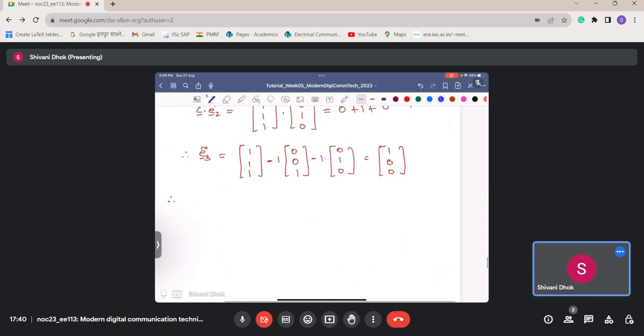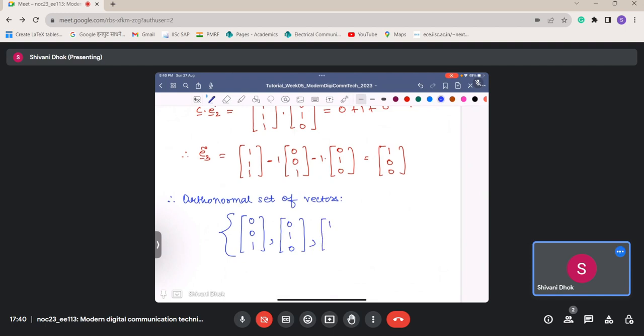Therefore, the orthogonal set, or to be very specific, the orthonormal set of vectors is (0, 0, 1), (0, 1, 0)